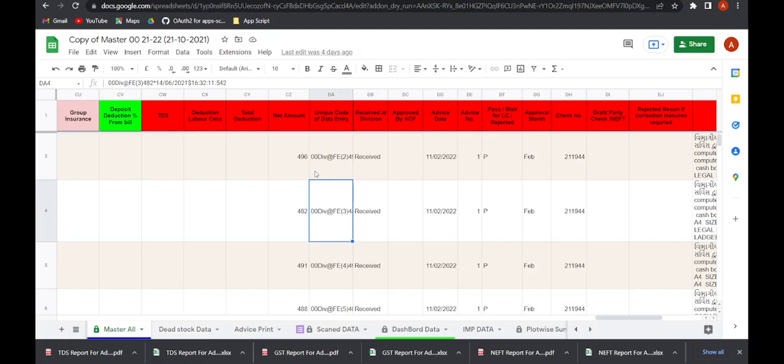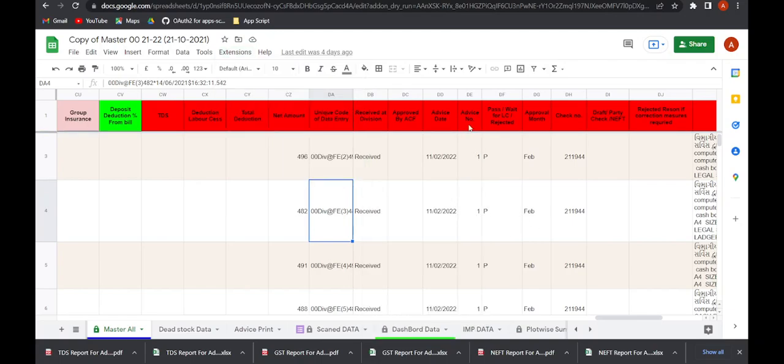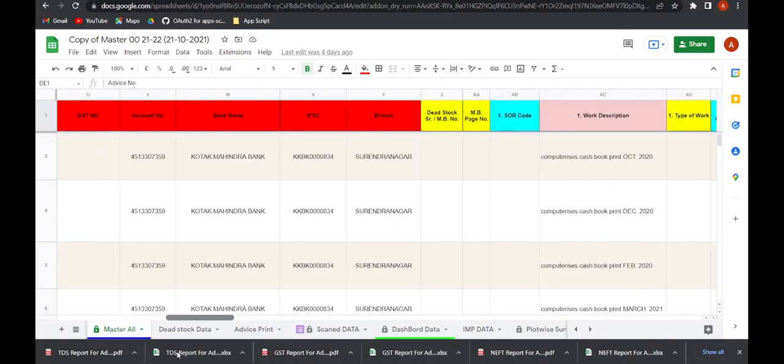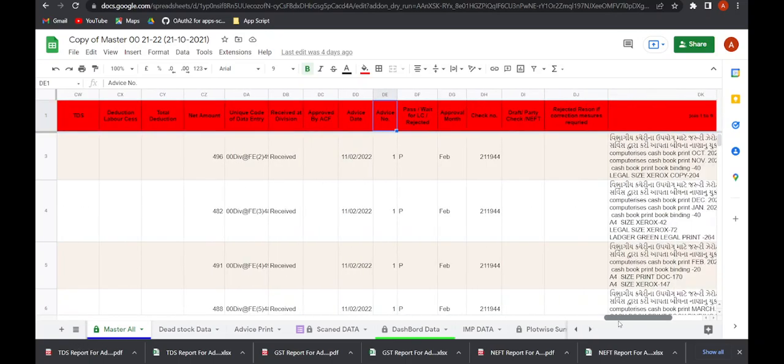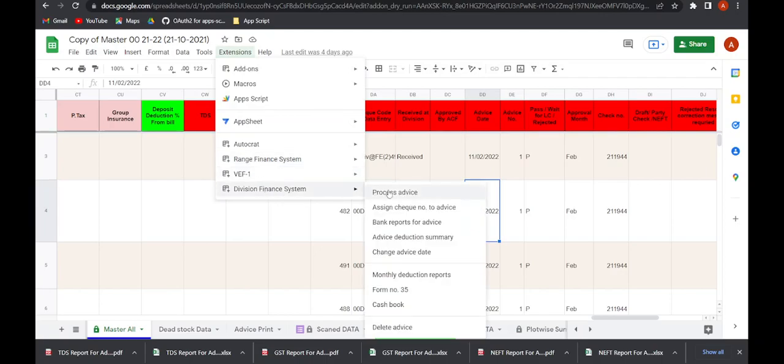This is a video to show the scopes required for the division finance system add-on. So it will paste the data from here, advice number and everything from this master spreadsheet. These are the voucher data submitted by the range offices under this division office. So suppose